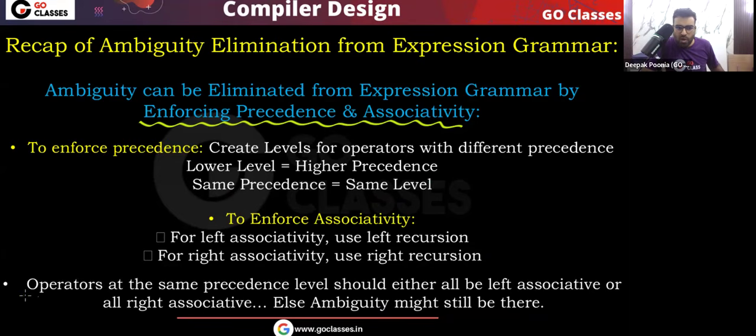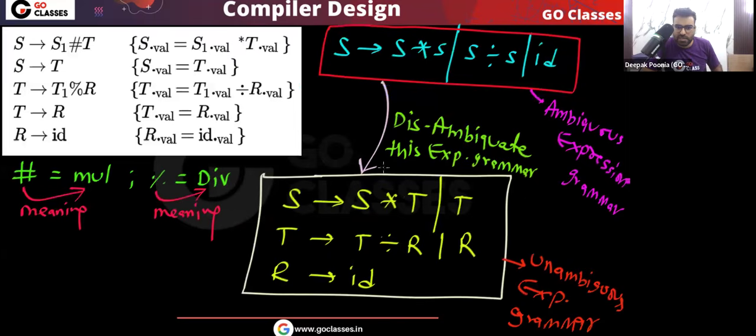But I am saying that operators at the same precedence level should either all be left associative or they should all be right associative. Otherwise, ambiguity still might be there. Remember one thing, on different levels, you can have different associativity. For example, let's assume, look at this. In this example, you look at